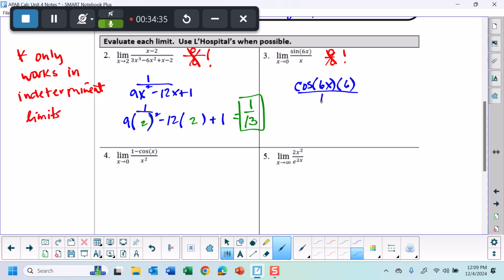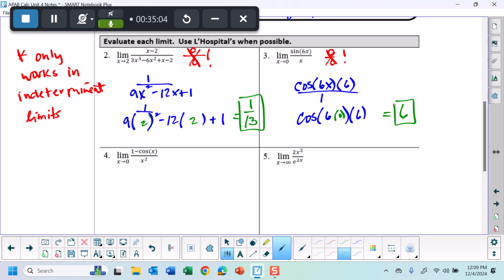So now we're going to go ahead and plug our value in. The limit as x approaches 0, I want the cosine of 6 times 0 times 6. 6 times 0 is 0. Cosine of 0 is 1. 1 times 6 is,